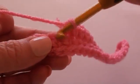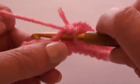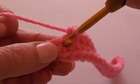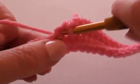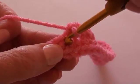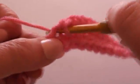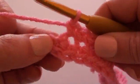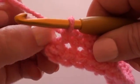Thirteen, 14, 15, 16. Now we're up to our last unused loops here,